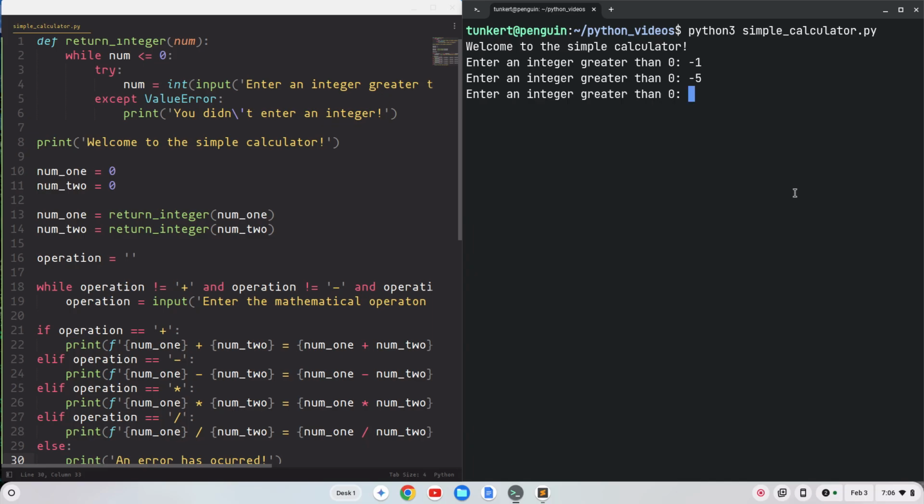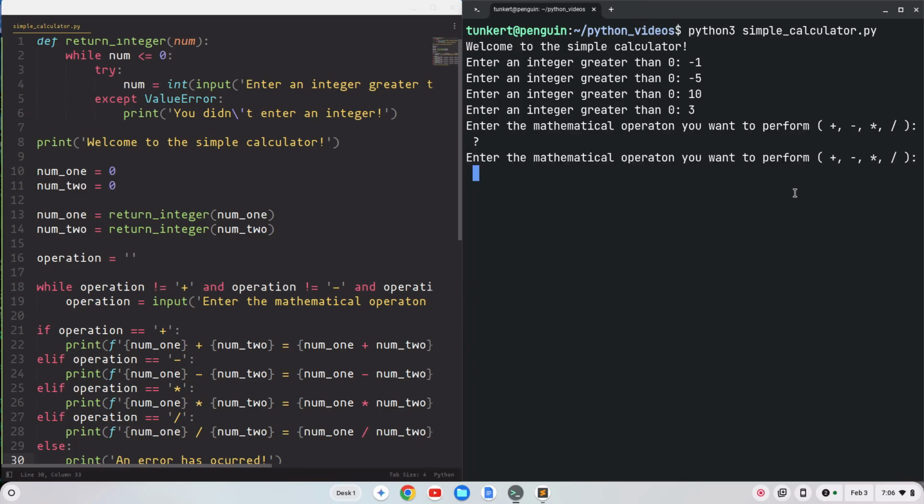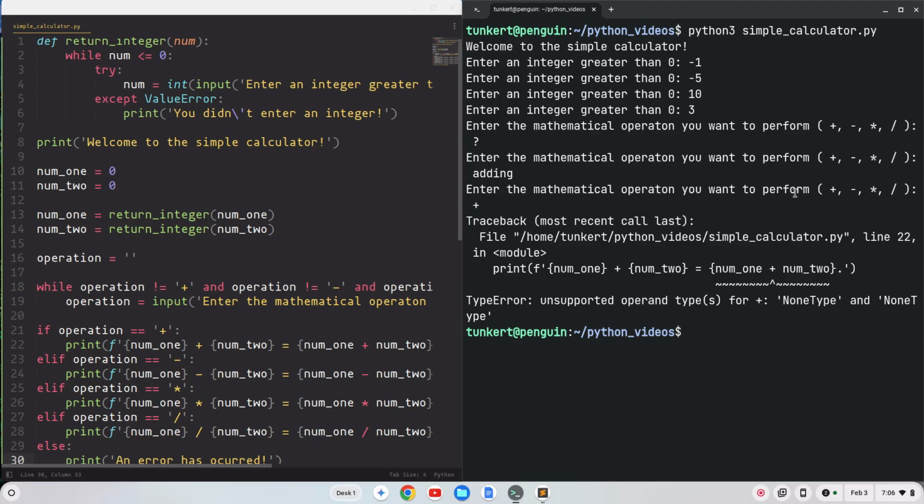No, it's going to make you do it. So let's do 10. Okay, enter an integer greater than 0. Let's do 3. Enter the mathematical operation you want to perform. Let's do a question mark. It's not going to let me do that. Let's do adding. Still not going to let me do that. Okay, so now if I do plus, we get an error, okay, and